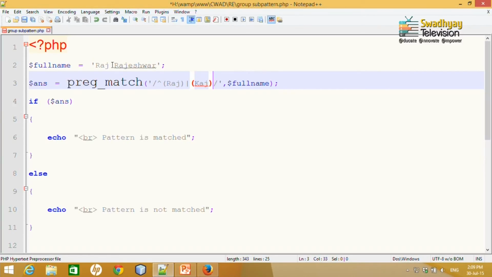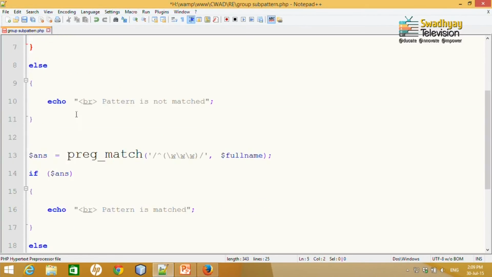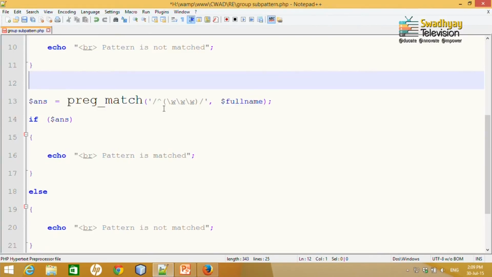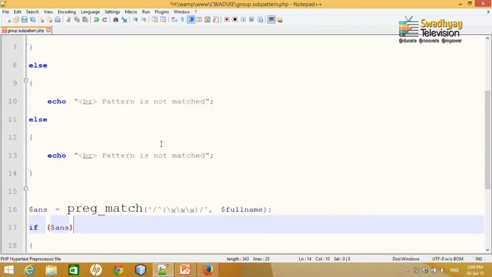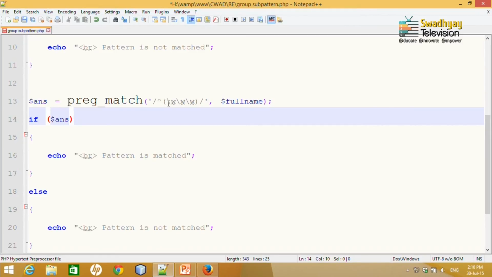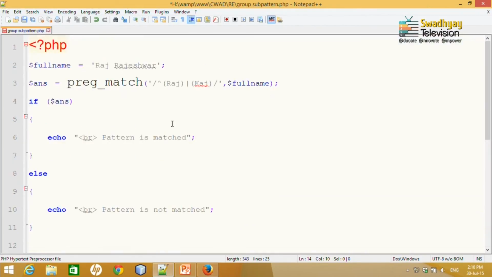So in our case, full name is Raj, so it should match. But for here, I use backslash w, which is again correct, because w is for any word or letter, right? So here Raj is actually characters, upper or lower case. So again this should be match. Let me run this code.